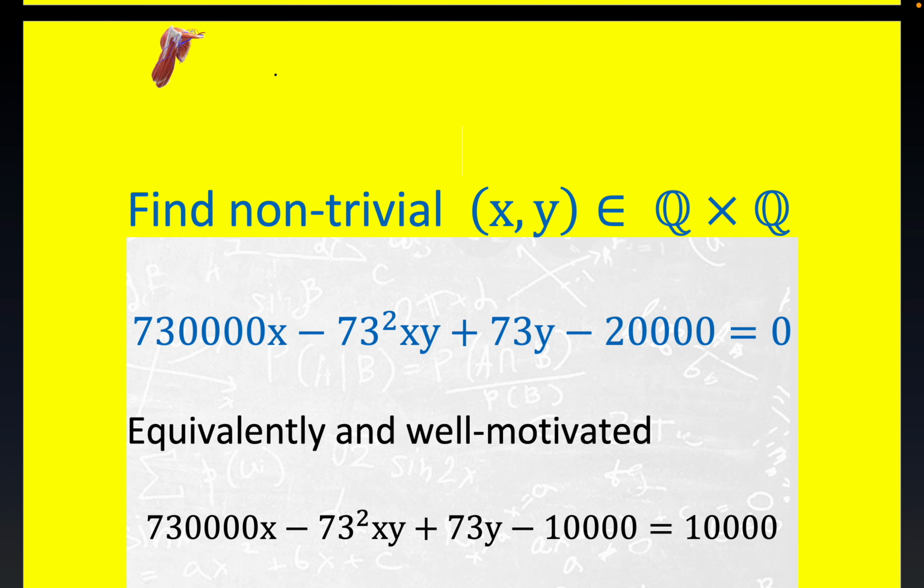Today we're looking for non-trivial solutions to this one equation and two unknowns, and they're rational solutions. Now, what I mean by a trivial solution is if you just set x equal to 0 in this equation, these two terms vanish right here. You get 73y is equal to 20,000. And so the y coordinate, which would just be the y-intercept for whatever this graph looks like, would be 20,000